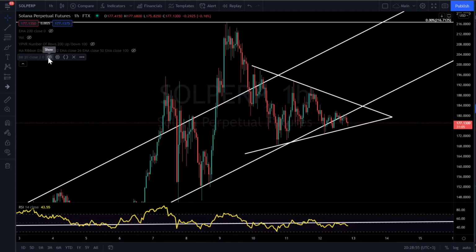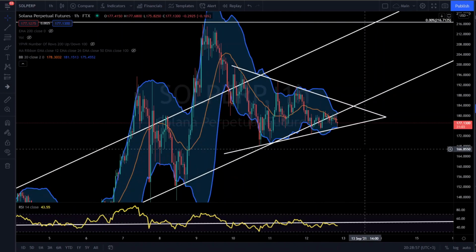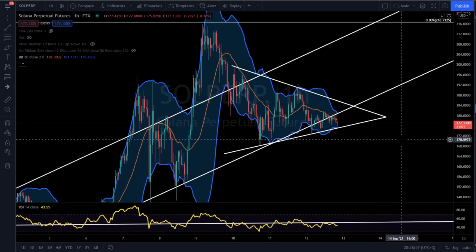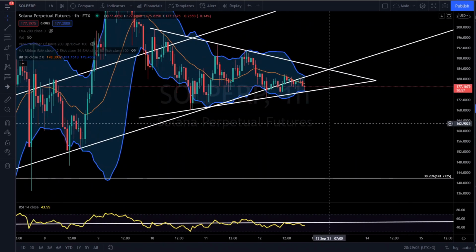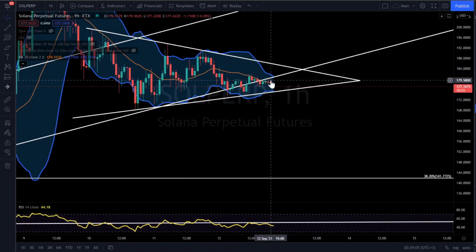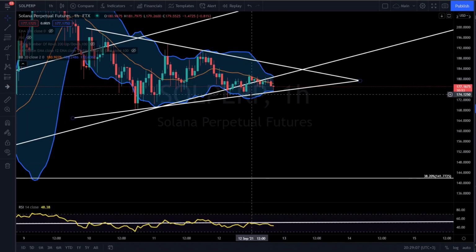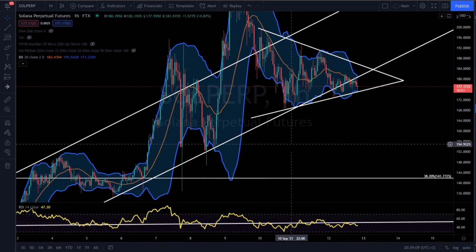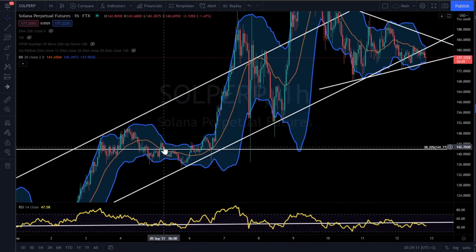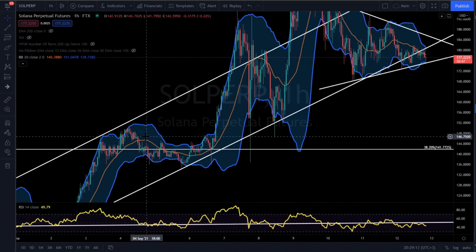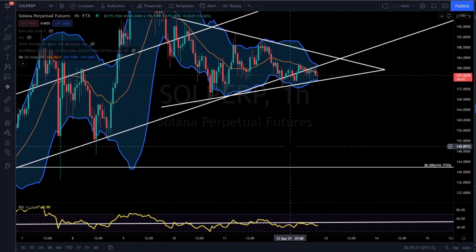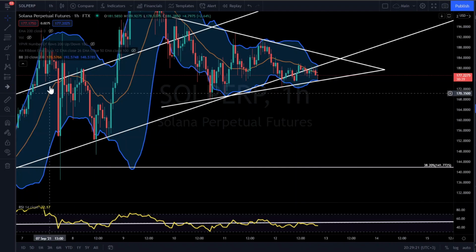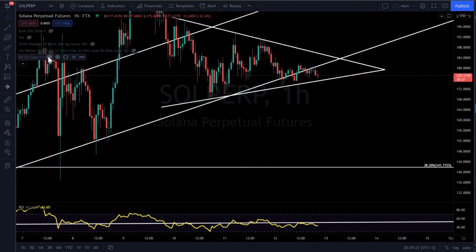I'm really not using Bollinger Bands as a trading strategy for anything, but it's a good way to indicate that something is about to happen, because when Bollinger Bands tighten up, that means that there's going to be a big move. You can see right here what happened when the Bollinger Bands tightened up. We went crazy upside. So right now something is about to happen. Let's take away the Bollinger Bands